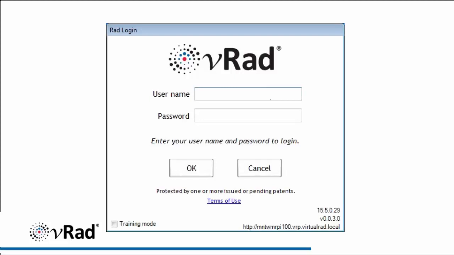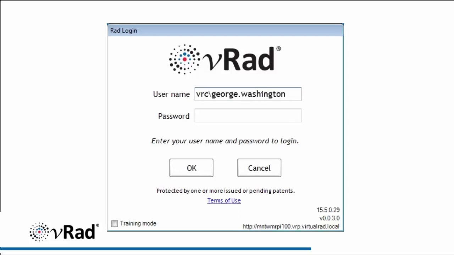Now we will input your Active Directory username and password, which would match the username and password used to access webmail or the scheduling portal. Note that you must have the /VRC before the username. The password used should be the same password used for email. When you believe you have the username and password entered correctly, go ahead and click OK to continue the logon